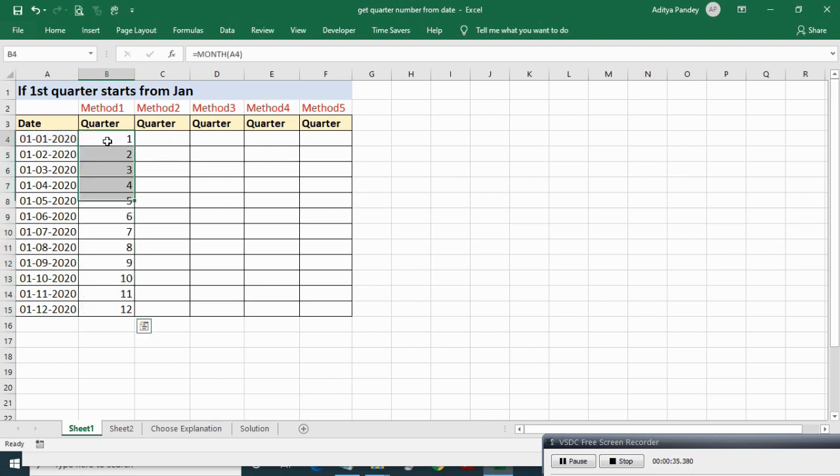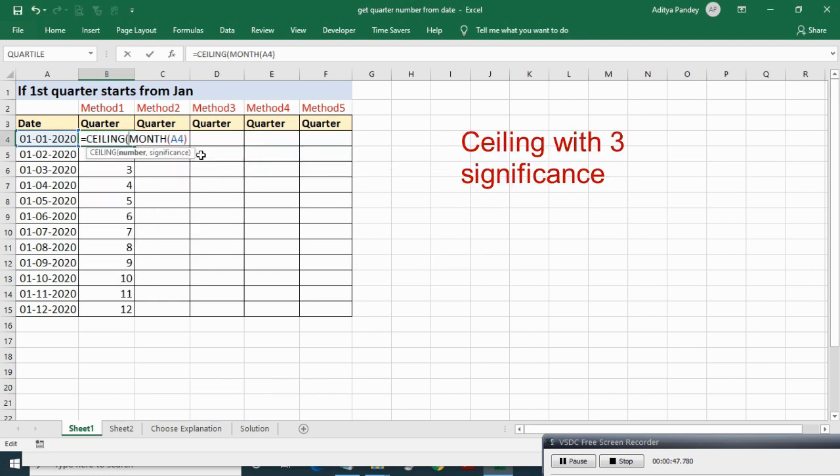Filling down formula. Now applying ceiling function with 3 significance. Which means convert a number to its highest and nearest multiple of 3.